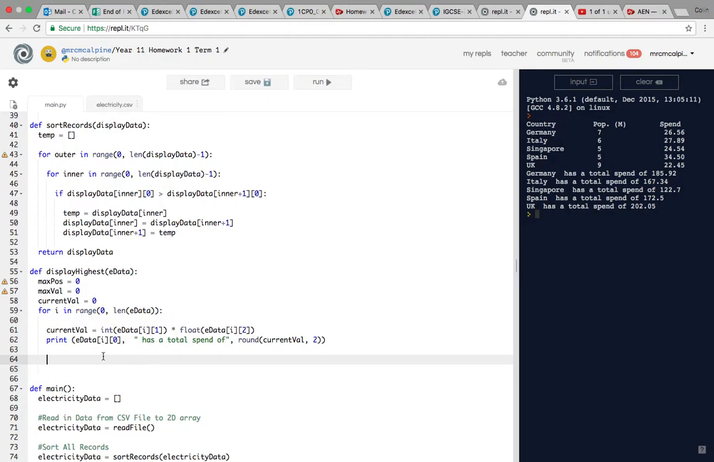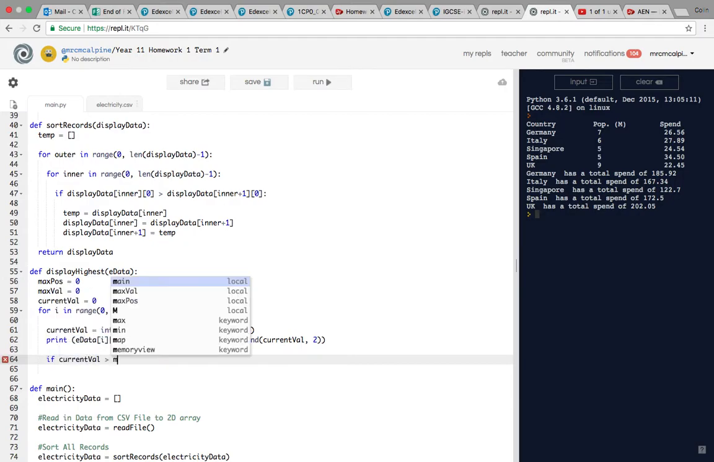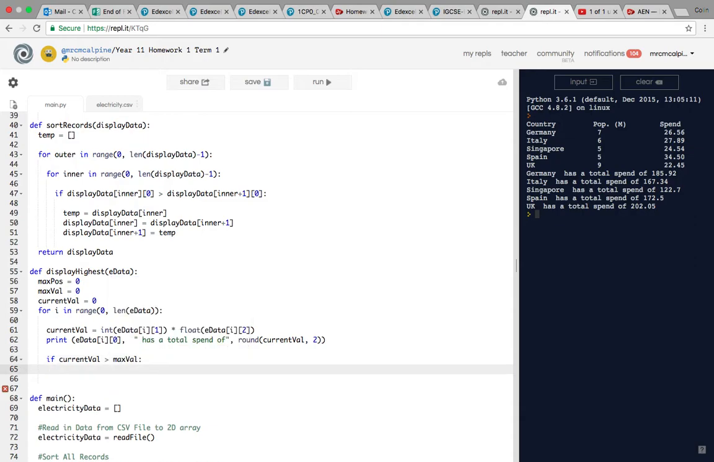So we're printing out the current value. If the current value is greater than the max value, that means we've got a new highest. So we can set the max pos equal to whatever I is, because that means that the current calculation is